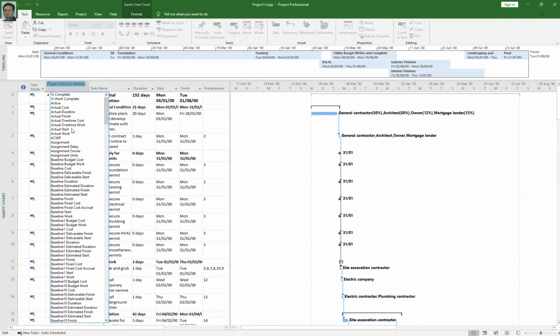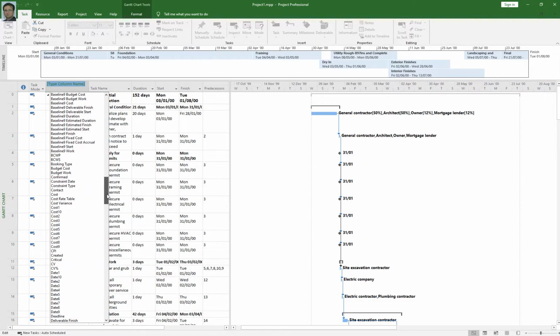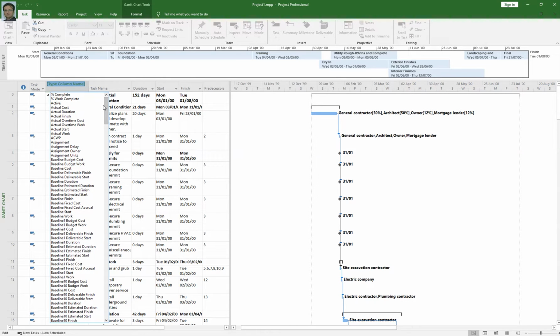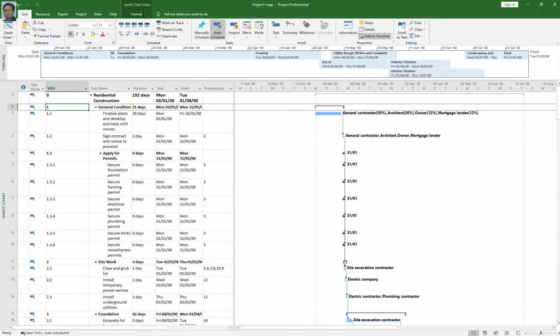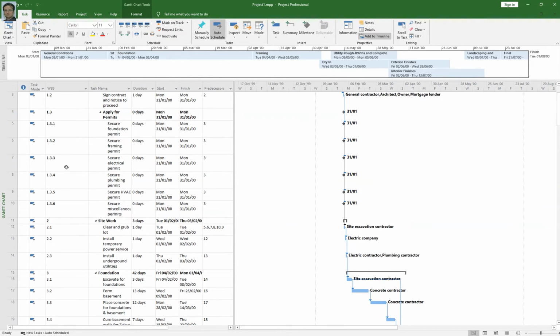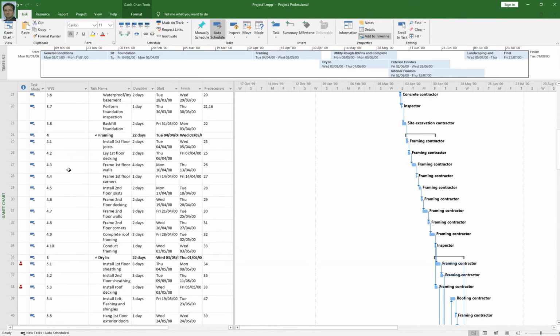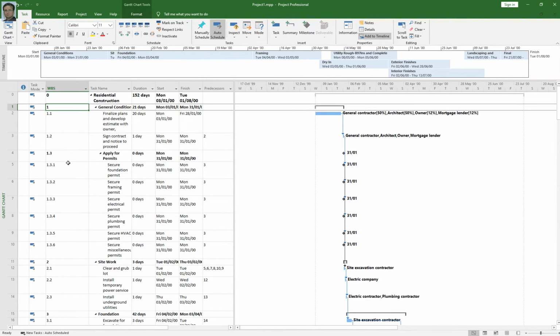Under insert column, you have so many columns you can add in your Gantt chart. So just type work breakdown structure, that is called WBS, and then press enter. When you press enter, you will see these numbers. By default, Project 2019 generates these numbers for you, but you can customize these numbers as well. Like your first work package is general condition.